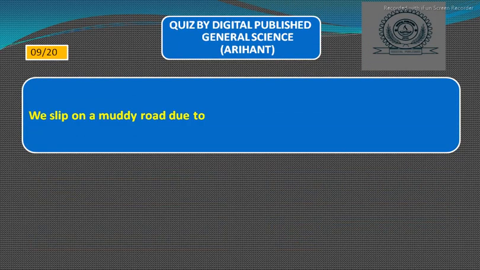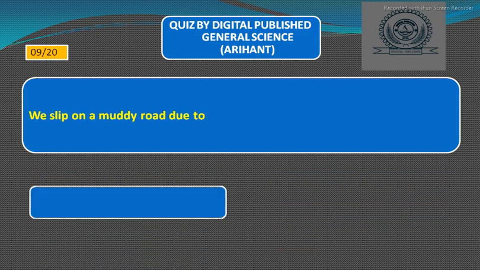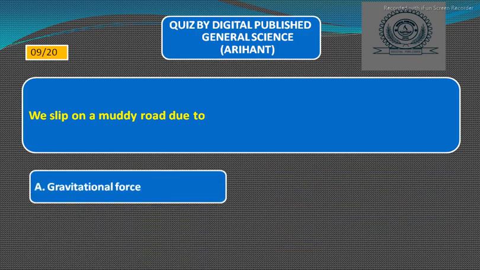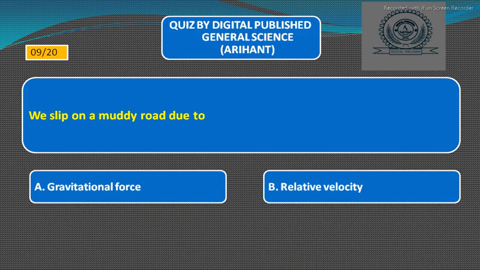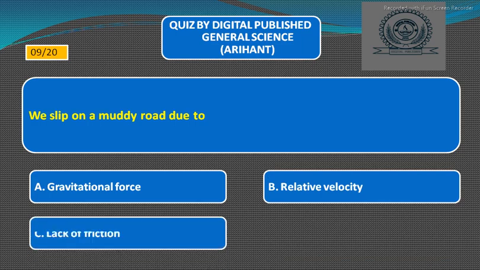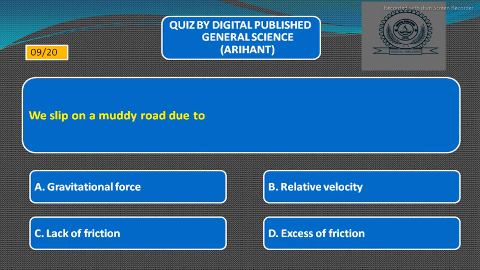We slip on a muddy road due to: option A, gravitational force; option B, relative velocity; option C, lack of friction; option D, excess of friction. তো রাইট আনসার হবে অপশন C, lack of friction. Next,